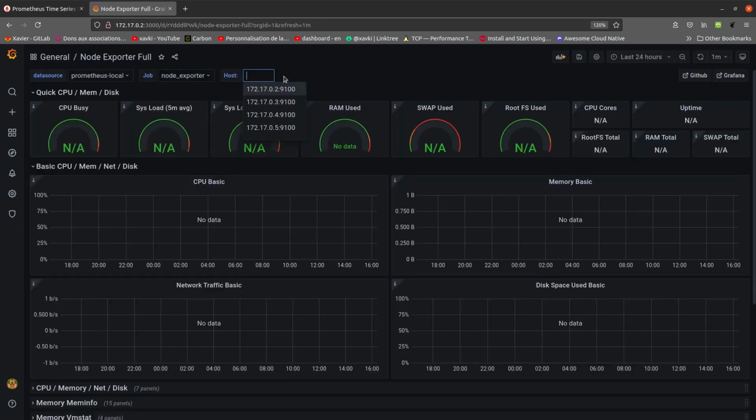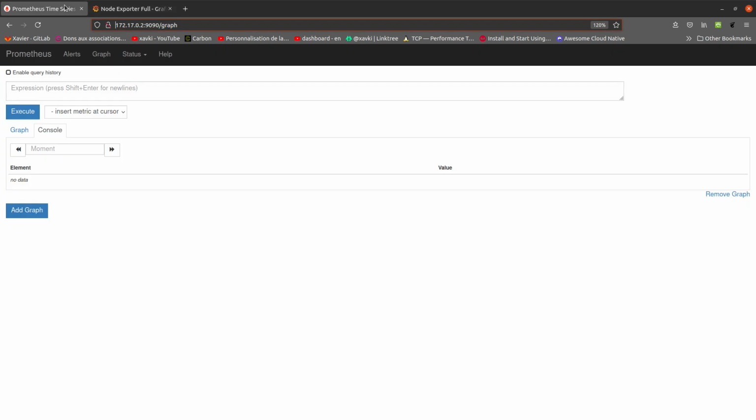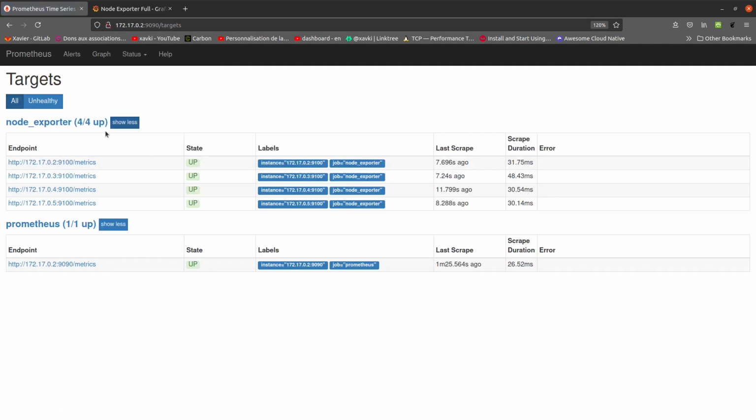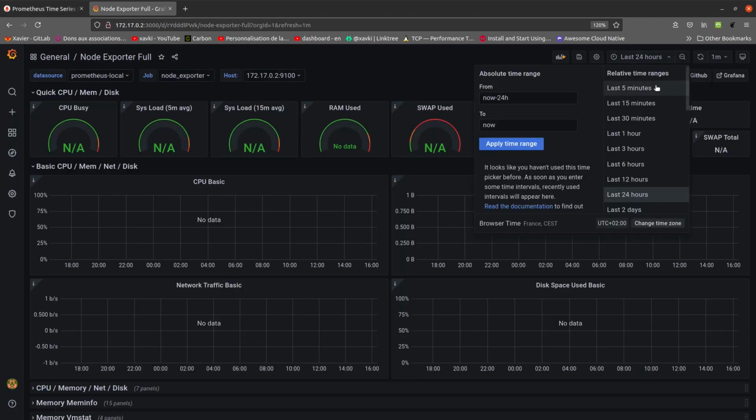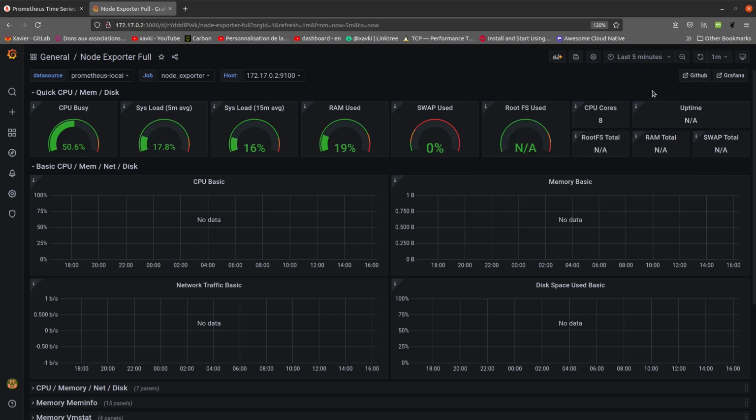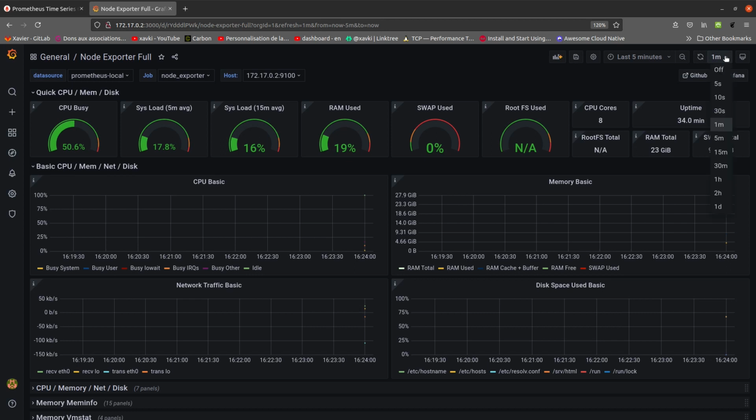We can see we have 4 servers, and we need to wait for Prometheus to scrape some metrics. We can check targets here. We have all targets activated, and we can change the range and go, for example, with the last 5 minutes,